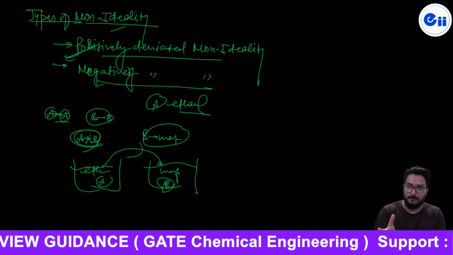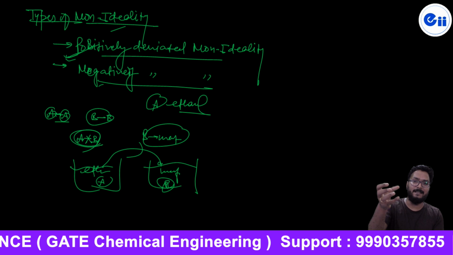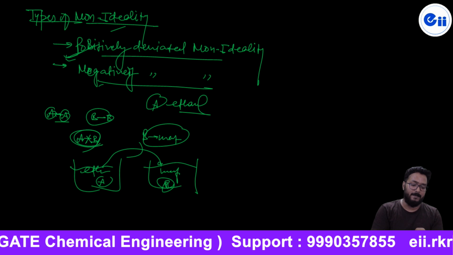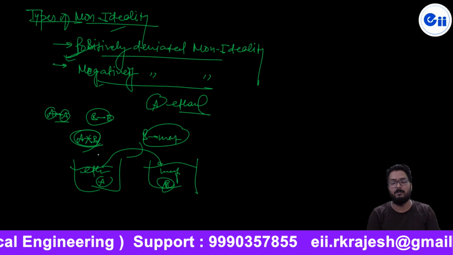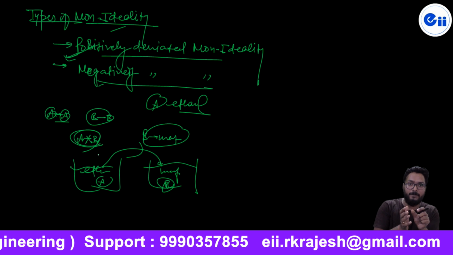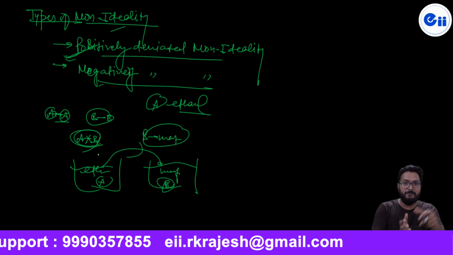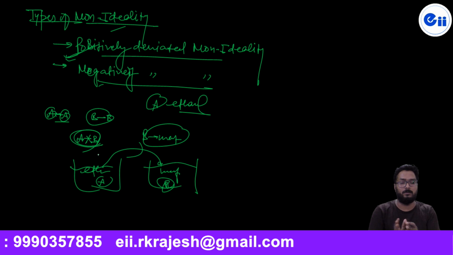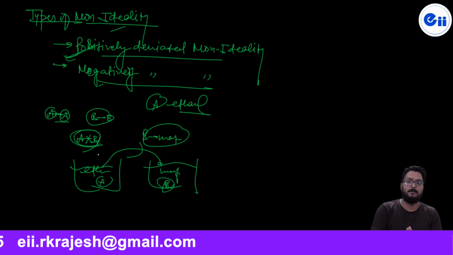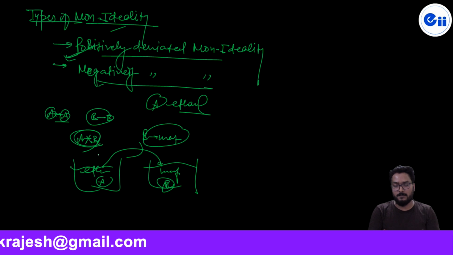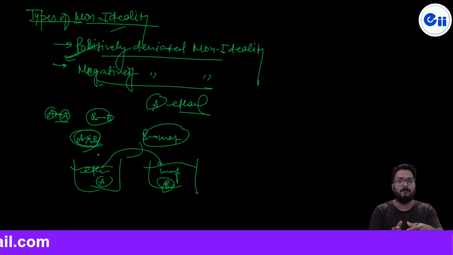In the ideal condition, what we assume is that the molecular properties are the same, they are equal in size, and here it is not possible that the size of the ethanol molecule and the size of the water molecule will be equal, and whatever gap between molecules, obviously it will be different in liquid ethanol and liquid water. But in the ideal condition, we assume all these things. Adding the second component to the first, nothing is going to affect it because the size, properties, all things are the same.